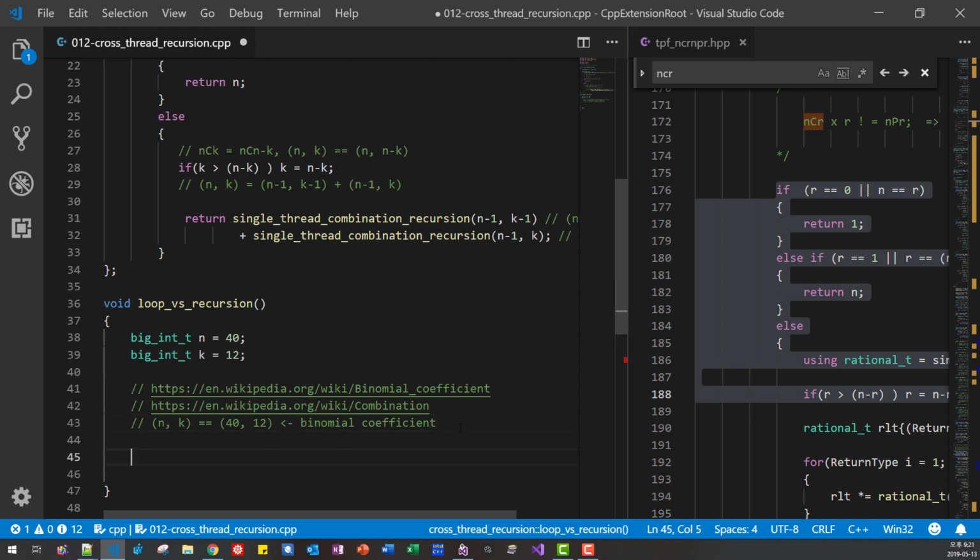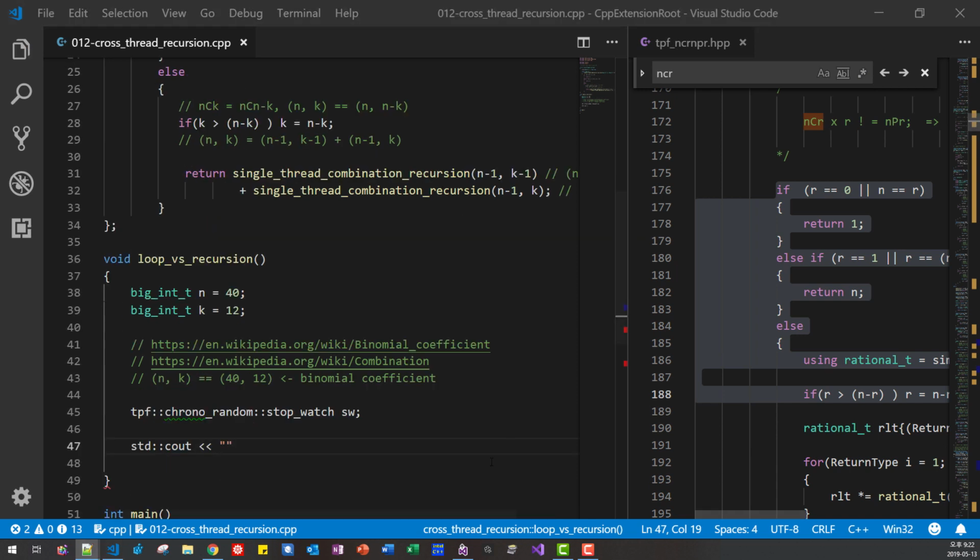Now we can try with two different ways. I will create a chrono stopwatch, talkplayfun chrono stopwatch SW. This stopwatch resets by default. Then std cout. We can use stream too, but I will just use it simple. I will use my own library.